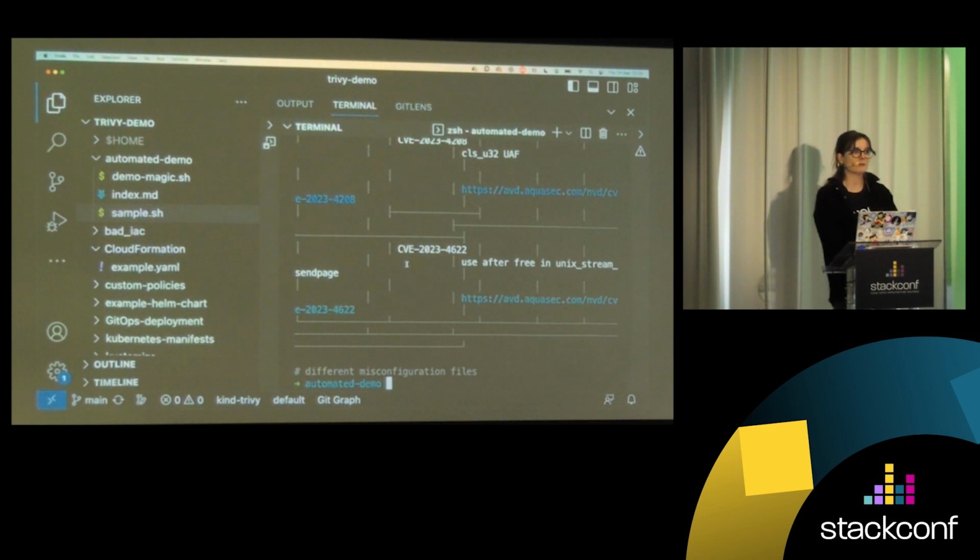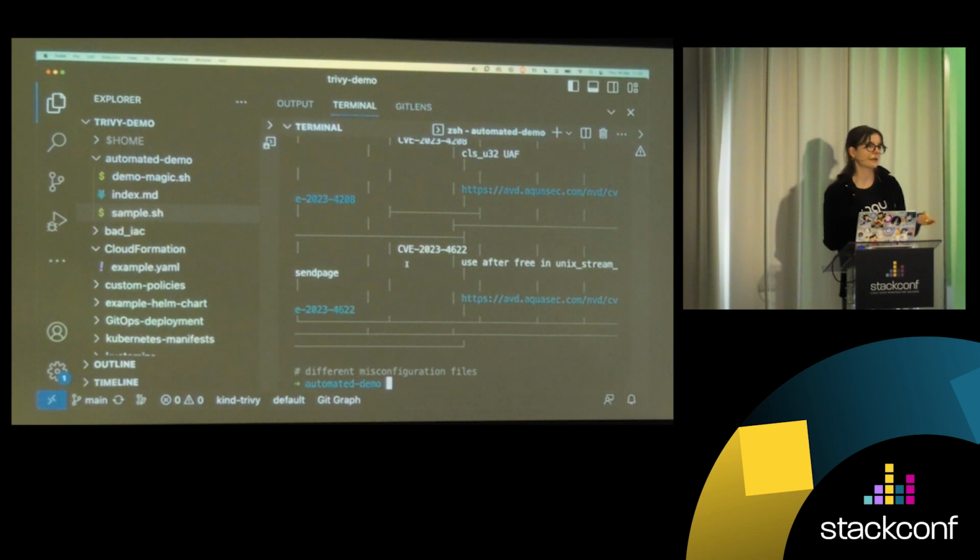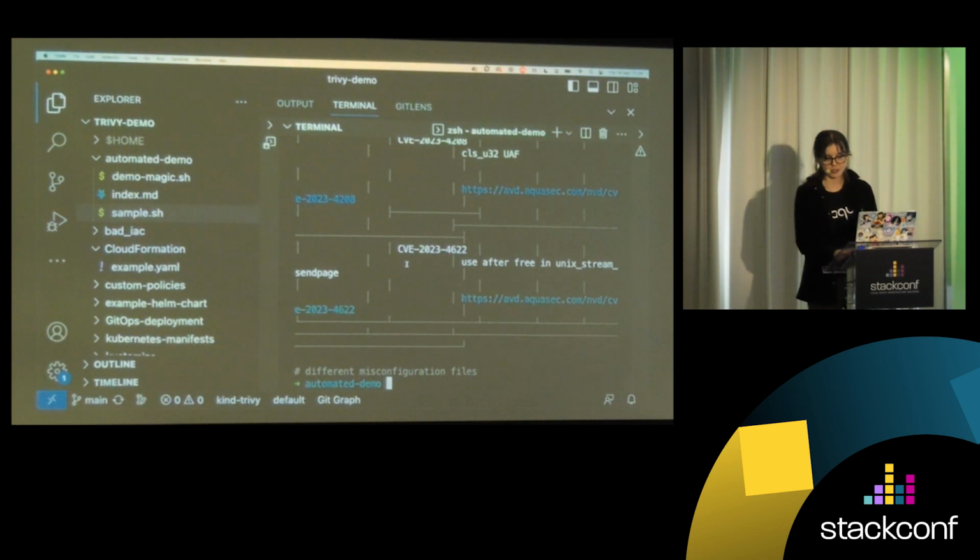Now next, I have my container image. I could scan the container image that I've built, but if I already scanned the file system, scanned the different artifacts that went into this container image, and scanned the base image, then I can go ahead and set up the configuration on how I want to deploy that image, how I want to use it in, for example, my Kubernetes environment, and I can perform a scan of my different